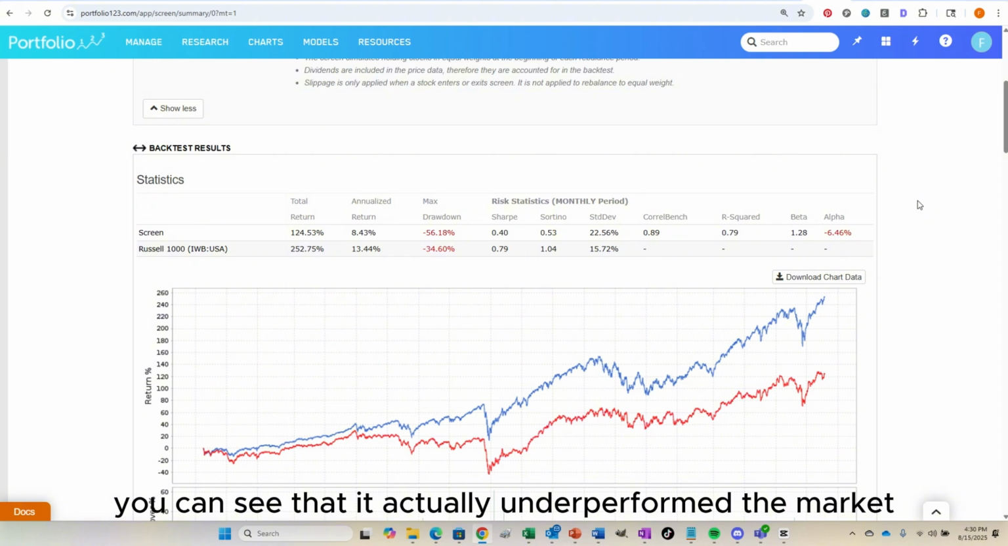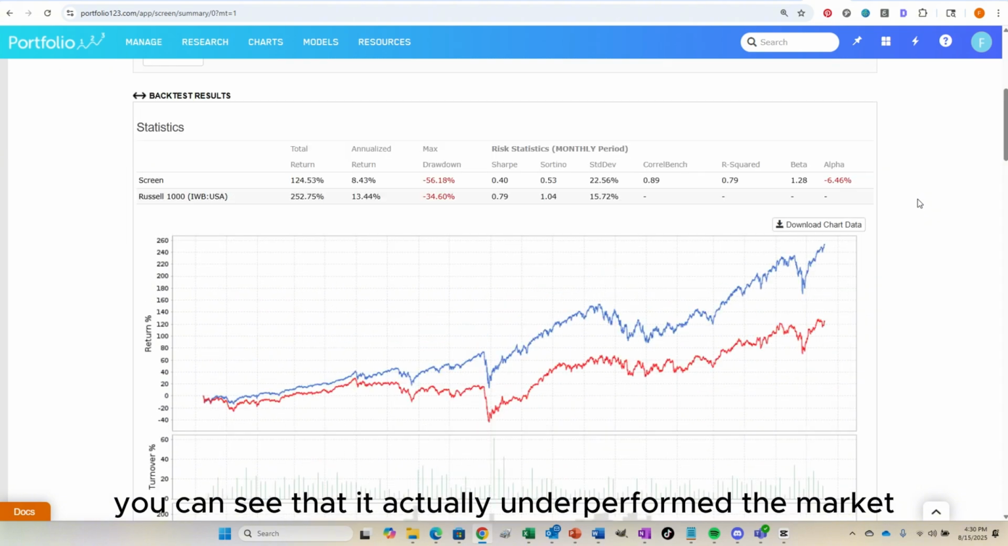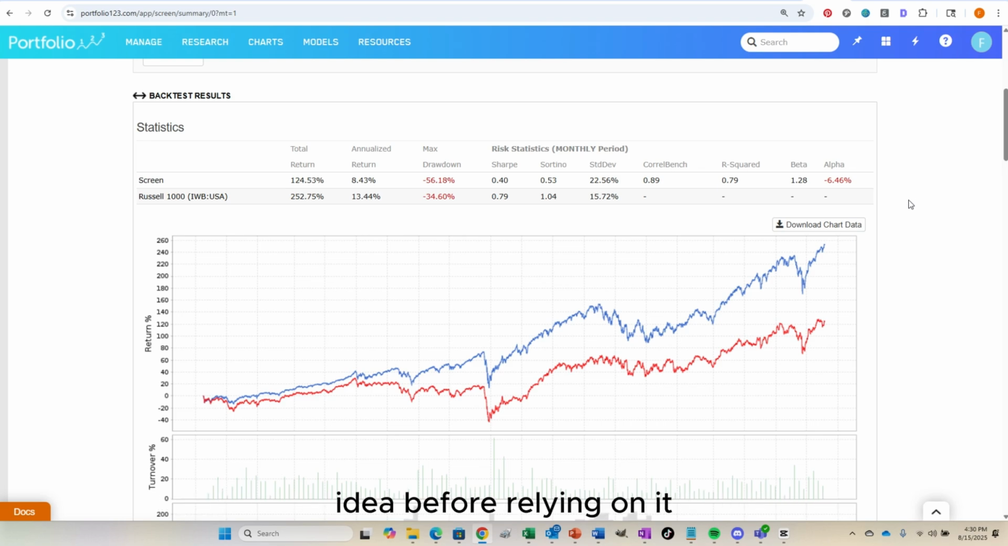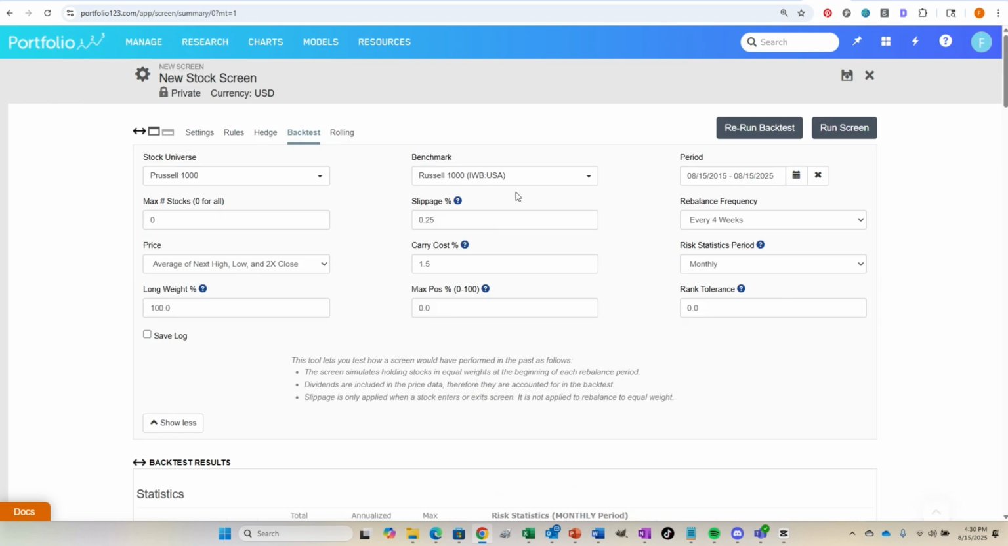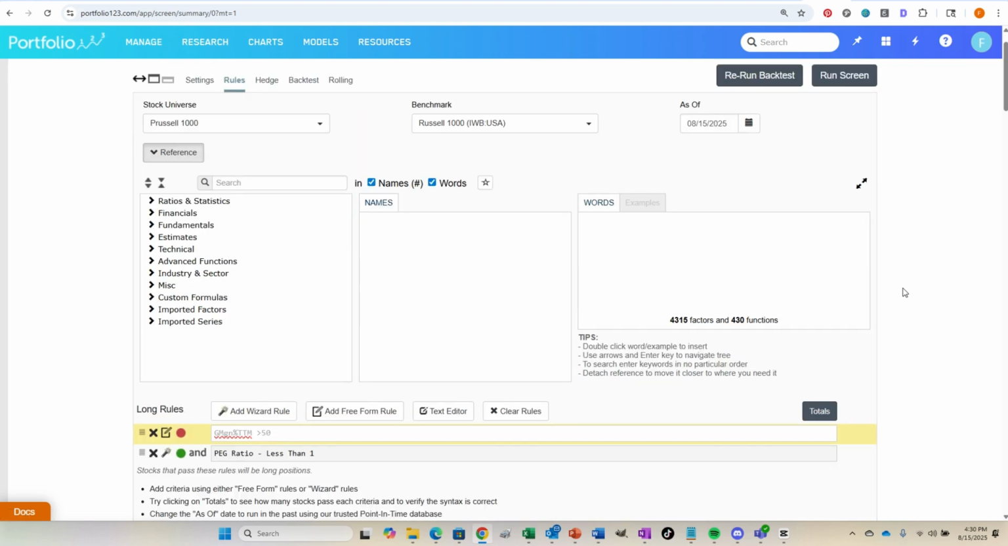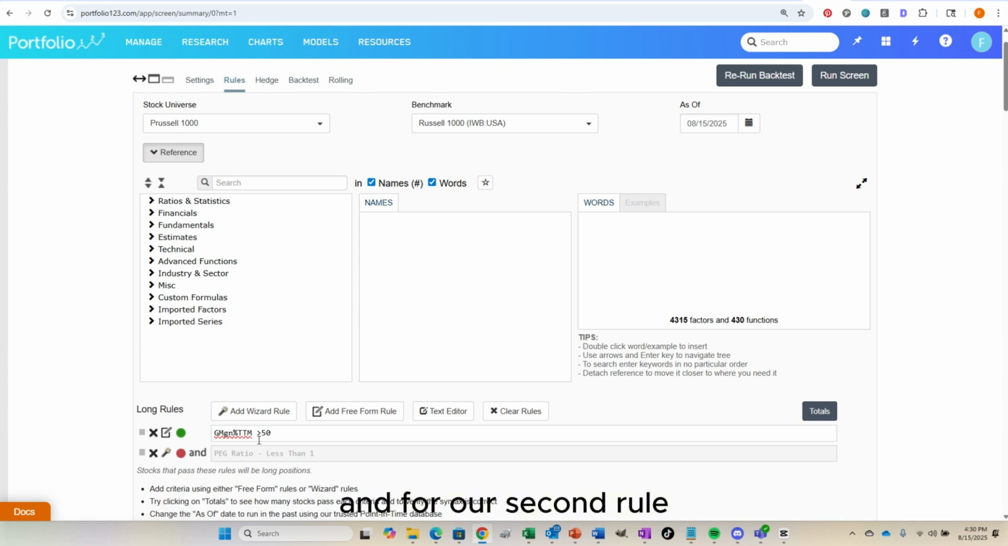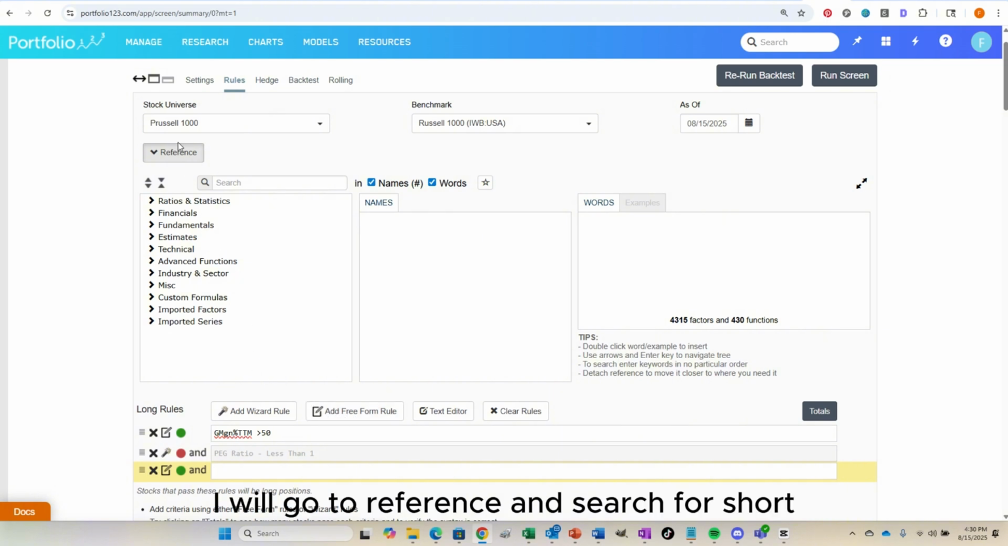And here you can see that it actually underperformed the market, which shows you how important it is to test every idea before relying on it. Let's go back to our rules. We'll turn the PEG ratio off and add our gross margin. And for our second rule, we will add in a freeform rule. And for this, I will go to reference and search for short interest